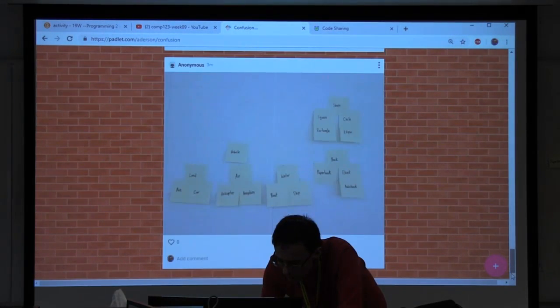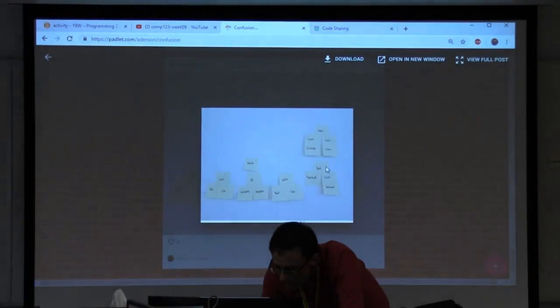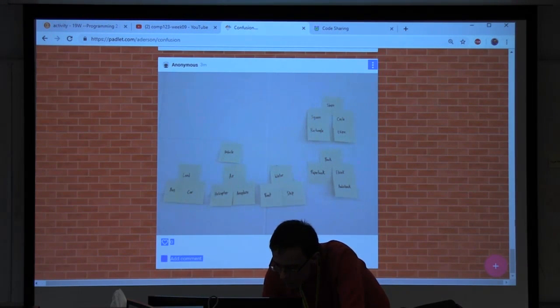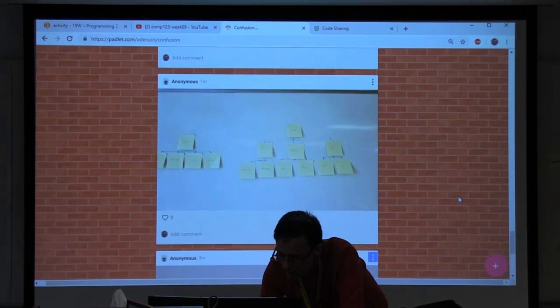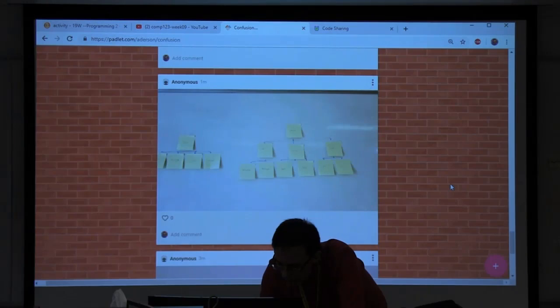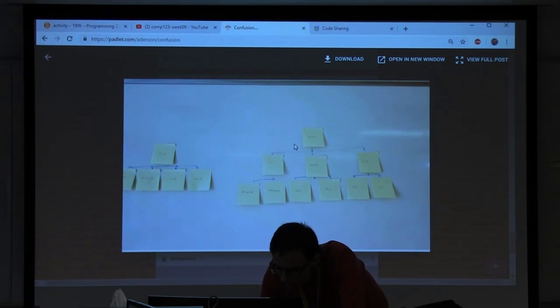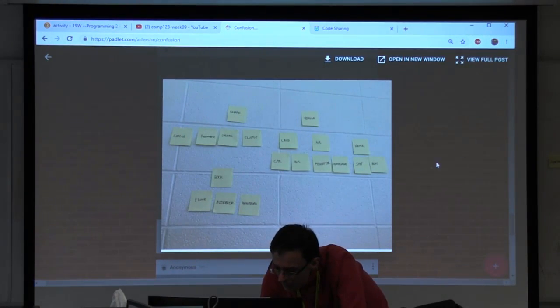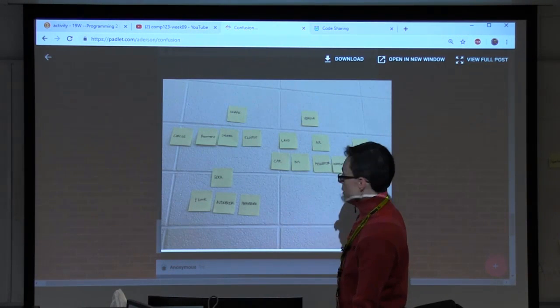Okay, let me see the very last one. Yeah, the resolution is not that great here, so it's hard to see. I'm going to try to get one that the resolution is a bit better, and we can talk about it. Okay, this is hard. Okay, this one here seems to be... That's a name. This one.